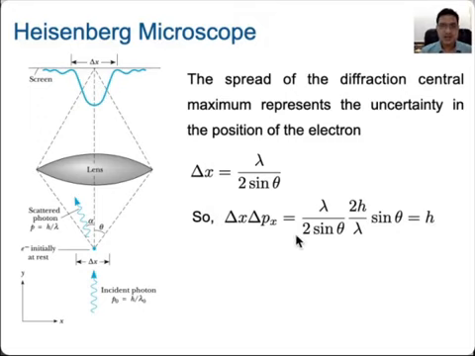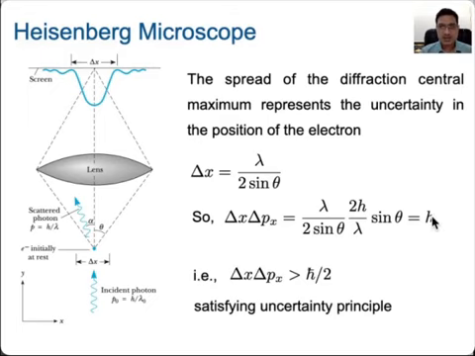So it means that the uncertainty in measuring the position and the uncertainty in measuring the momentum of an electron is not random, or you cannot go perfectly precise, but it has a value h. So it means that this h is larger than h cross over 2. Okay, so it means that it satisfies the uncertainty principle. Where h cross is your h by 2 pi, so this quantity is your h over 4 pi, which is smaller than this quantity h that you have got.